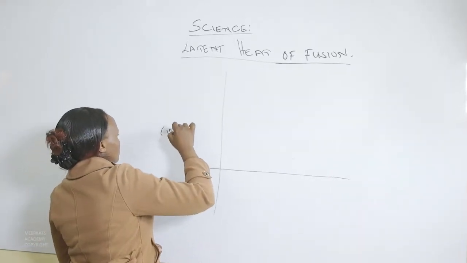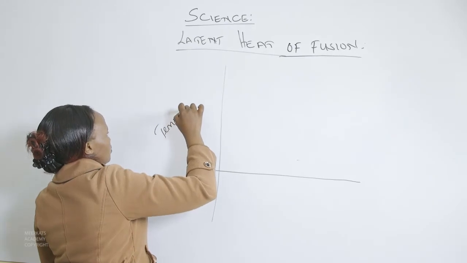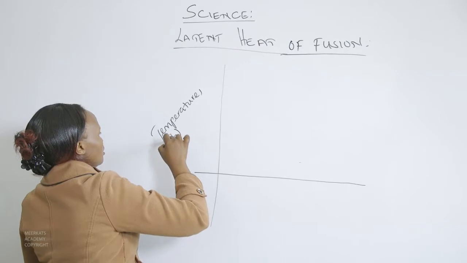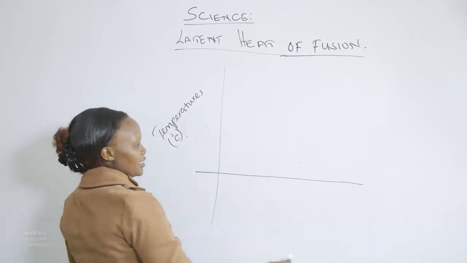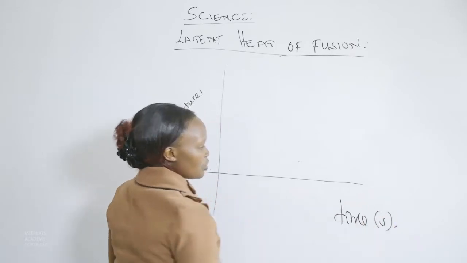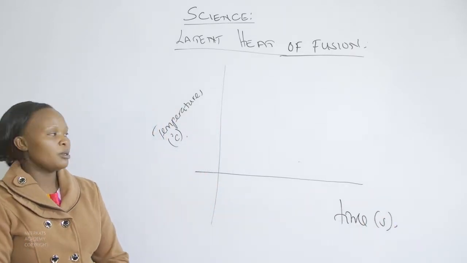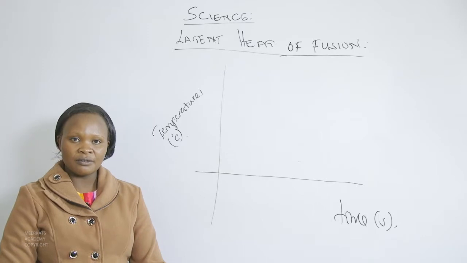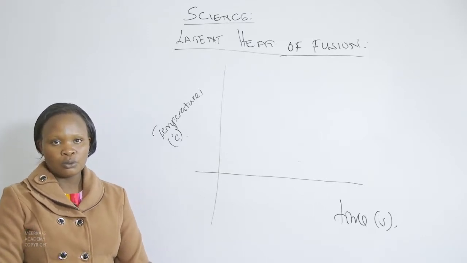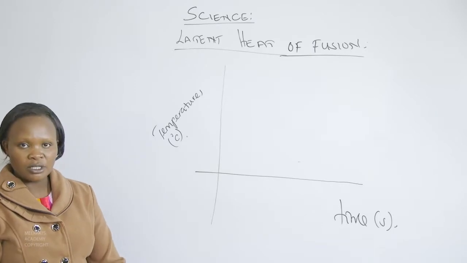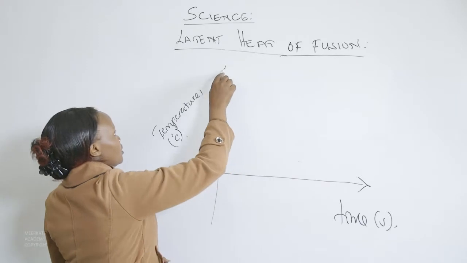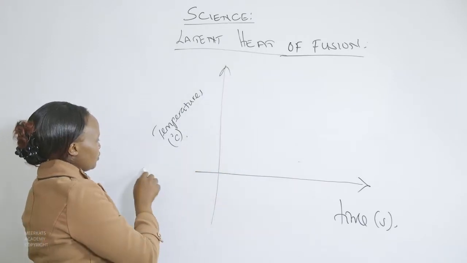We can plot temperature in degrees Celsius against time in seconds or whatever units. But remember, to be safe, it is always advisable to work with SI units. Now, we want to heat